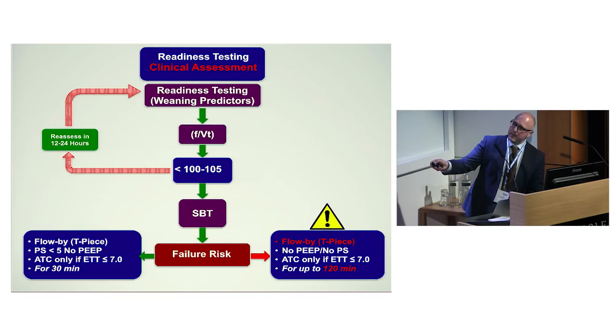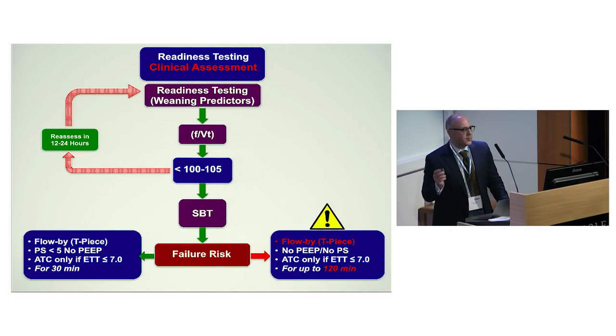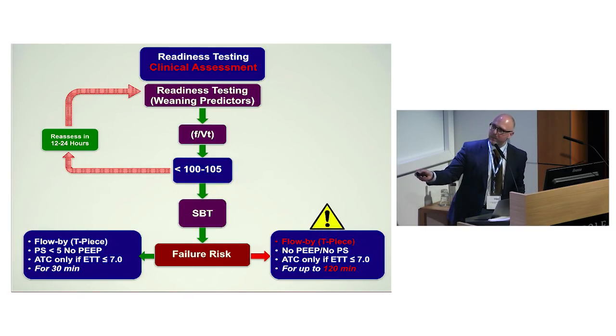But if the F over VT, we'll look a little bit more in detail later on, is low enough, so less than 100 or 105, and this is a number for patients we do on T-tube or CPAP, so without spontaneous pressure support, without PEEP. The more we increase the support that we give to the patient, the more we need to adjust this number, because otherwise we'll not have the same predicted probability of success. And if we have less than 100, 105 on CPAP, then we'll move on to the confirmation phase, which is